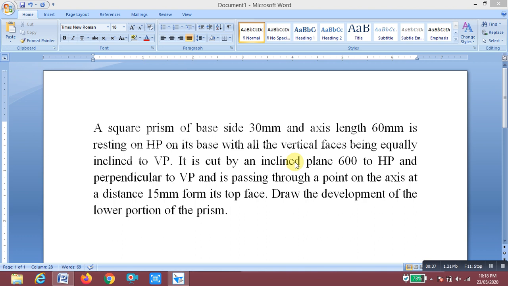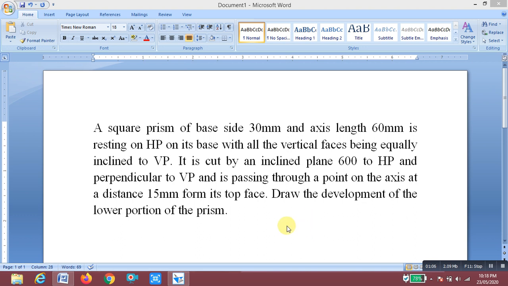It may be a cube, or a cylinder, or a cone. So how much material is required for making a cone or a cylinder or a prism? First of all, we must know the material requirement for making the required shape and size. That material calculation, we call it development of lateral surfaces.